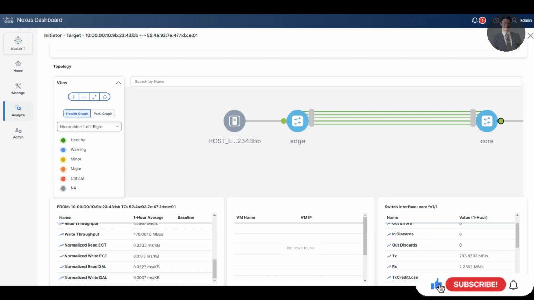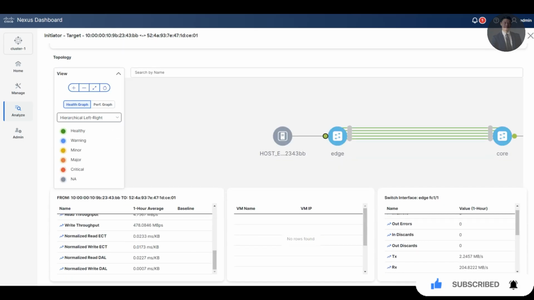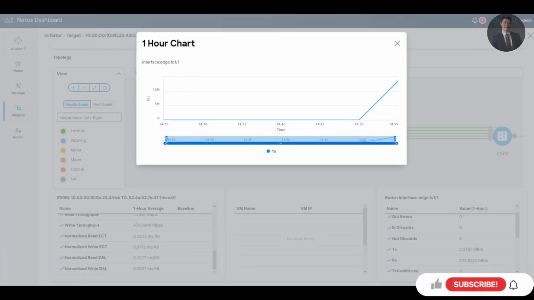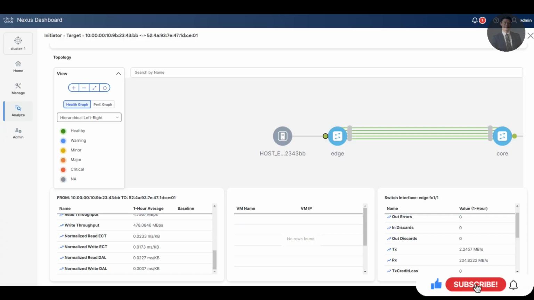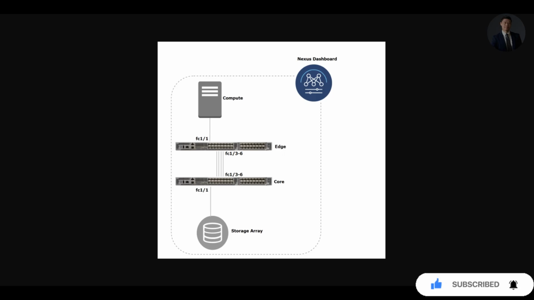So next I want to talk about automation, the NX API on the Cisco MDS switch. Traditionally, administrators access the command line interface directly on the switch using a console or SSH session. While effective, this method can be limiting for automation and remote management. The NX API enhances this experience by exposing the CLI